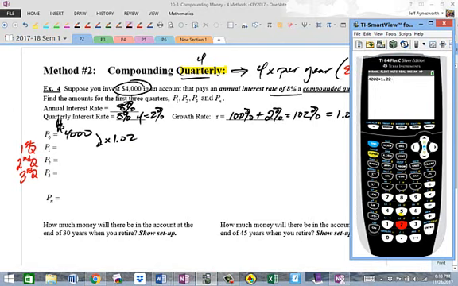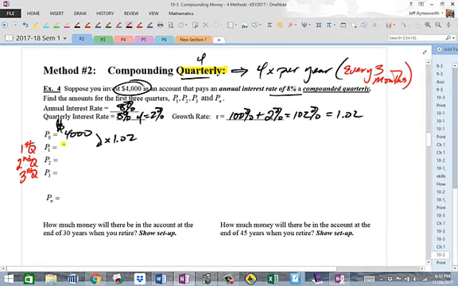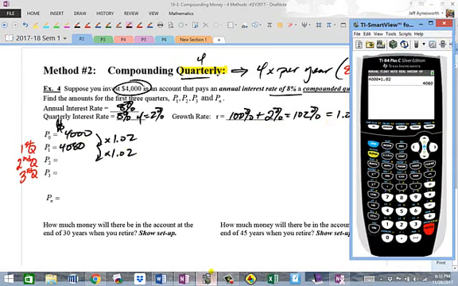So what do we get? So we get 4,080. Multiply it by the growth rate, which is 100% plus 2%, or 102%, 1.02. There's your growth rate. So times 1.02 again. That's where I made my mistake earlier. And I get, this is better,